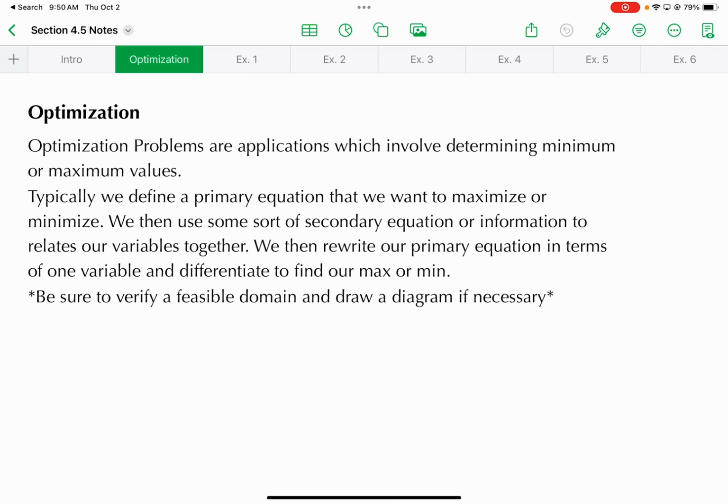So typically it looks like this. We have what's called a primary equation, and that's the equation that we want to either find the max of or the min of, depending upon the situation that we have, okay? And then apart from that, we have some sort of secondary equation or just information that relates our multiple variables